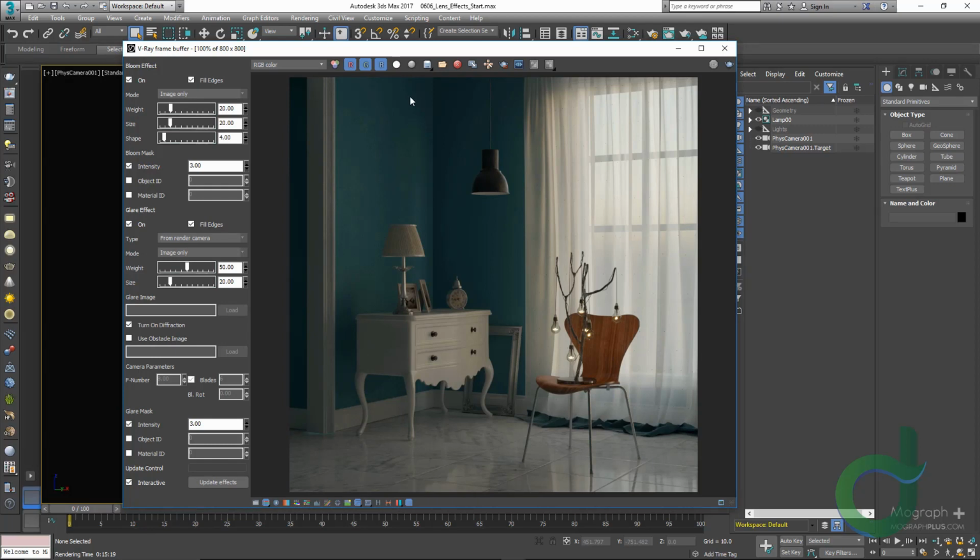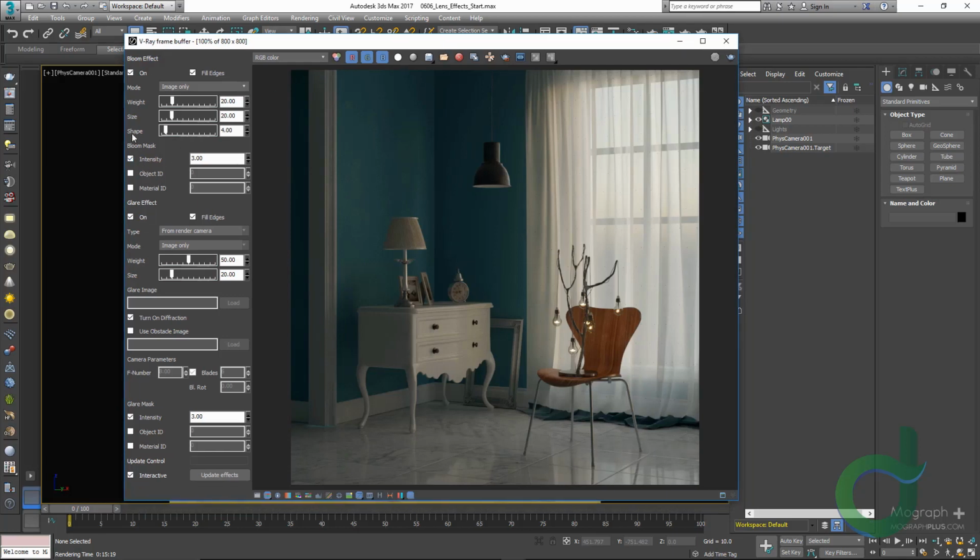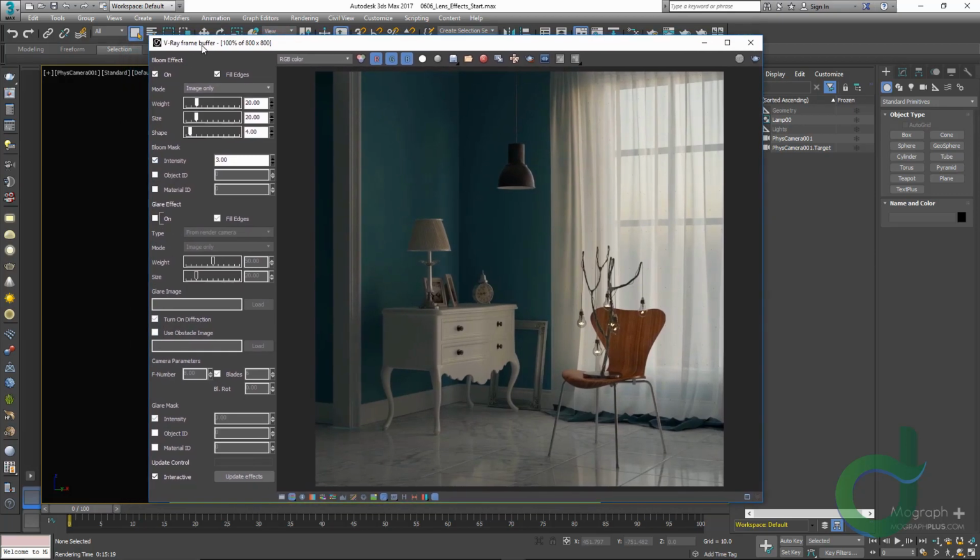Here is our render. For now, let's turn off glare effects and focus on bloom. Let me just disable intensity so we can see the effect a bit better. You can turn on and off the bloom lens effects here. Fill edges, if enabled, will remove the darkening around the edges of the image. We have mode, which specifies to what the effect will be applied. By default it's set to image, and in this mode the effect will be applied to the beauty or RGB